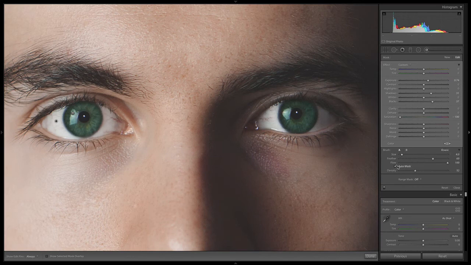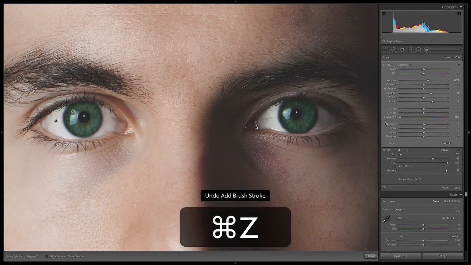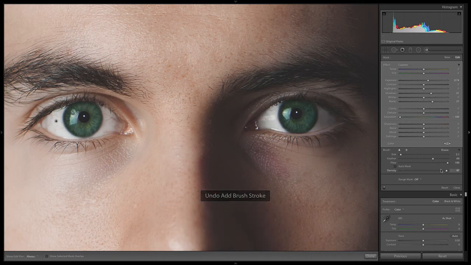So if you want to add more, just click the A, turn off Auto Mask. Let's make it really small. And let's just paint over those veins right there. Whoops. Don't want to move it. If you click on the original point and then drag, you can actually move this whole thing. And I want to make sure my density is up all the way. So that's another reason why that was probably not affecting overall. But this is actually a good example of where you want the density to be a little bit lower.